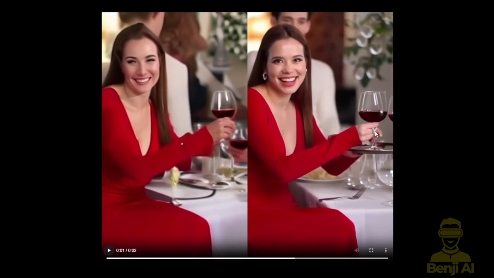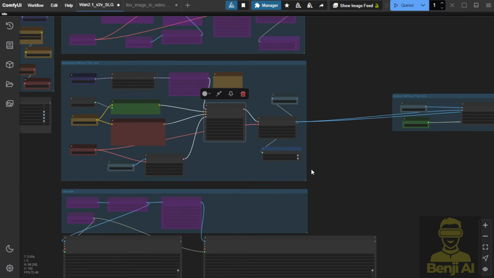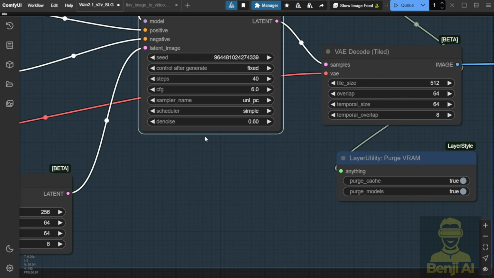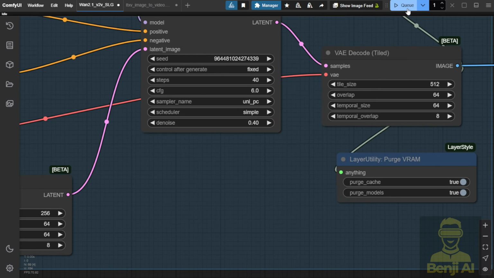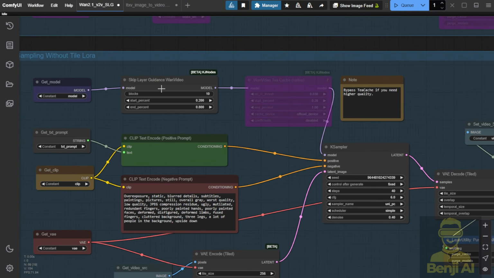But the most important thing is that using this process, we can enhance the quality of any existing video, especially for the character. This is the main point. Coming back to the workflow, if we set this number to 0.4, let's see how the result looks. So we're going to check out another result by using 0.4 denoise and the same skip layer guidance settings, using